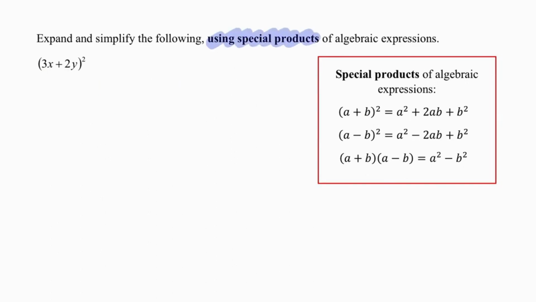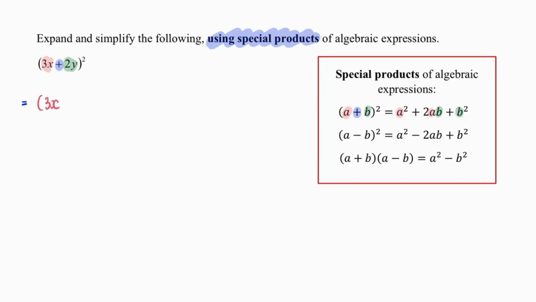So of course the first thing is to choose, out of these three, the correct one. I see a plus, so I'm going to choose the (a + b) square special product, and this will be my a. So later you will see me substituting all the a with 3x. And this will be my b. And you will also see me substituting all the b with 2y. And without further ado, this will be the